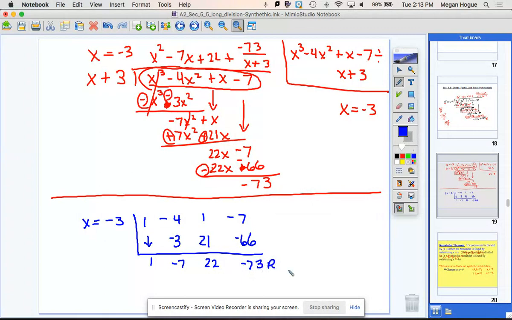There's that remainder that we keep coming back to. But as I was saying, these numbers are related to these numbers: 1, negative 7, 22. This 1 is that one right there. We took this power of 3 polynomial